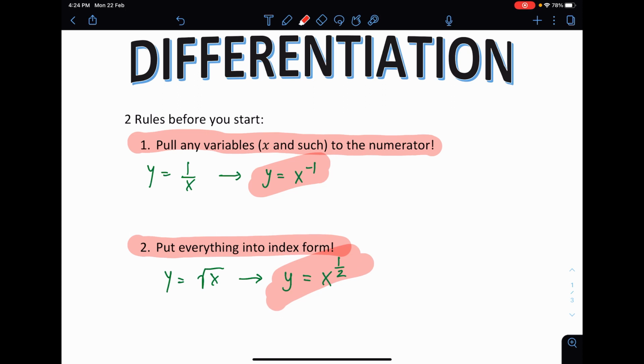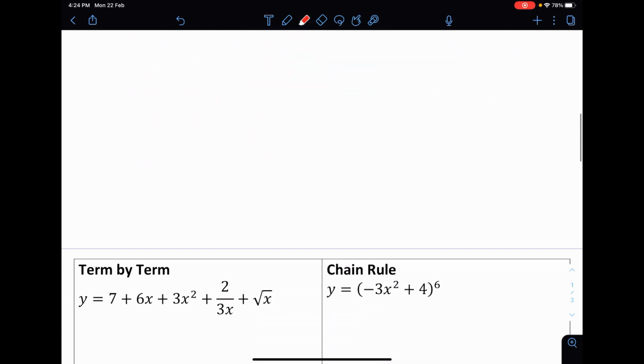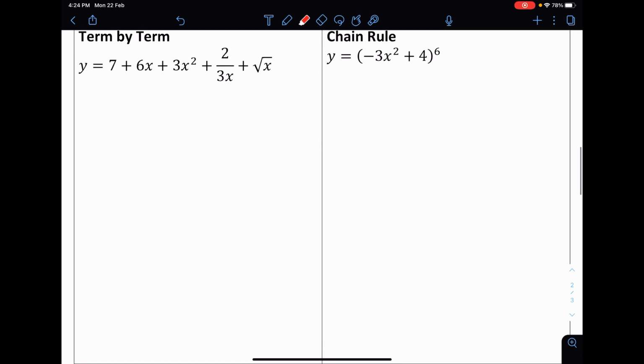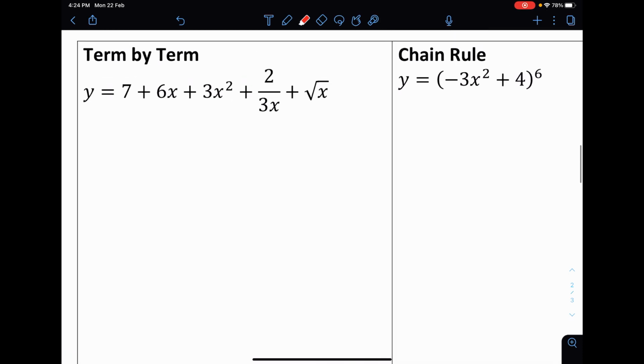Let's see and learn what kind of differentiation you need to use. First is term by term differentiation. In term by term differentiation, I like to see it like there are multiple x terms, fractions, square roots, and everything that you need to differentiate individually, hence the name term by term. Usually the equation will be separated by a plus or minus. So differentiation, dy/dx, is a symbol that you are differentiating an equation where y is the subject and x is the one that you're differentiating with respect to.